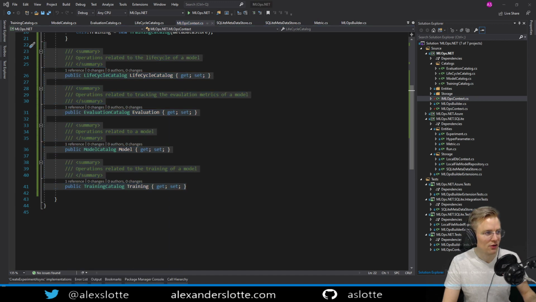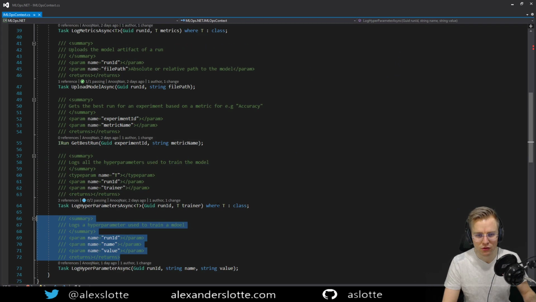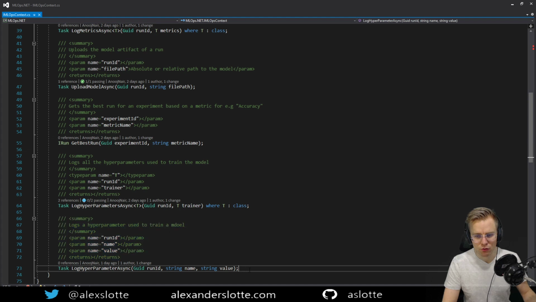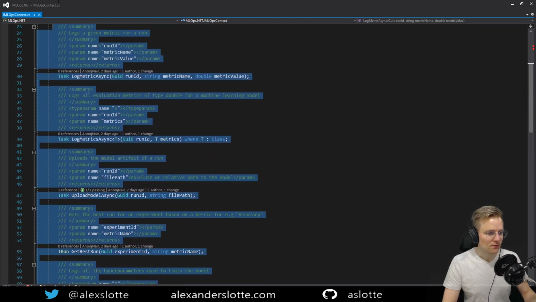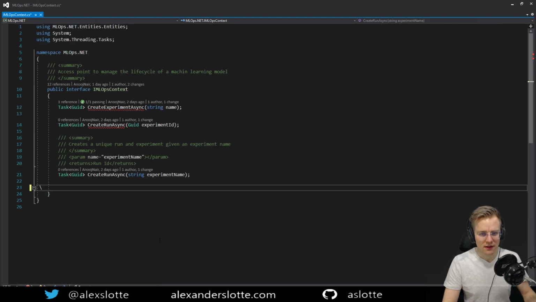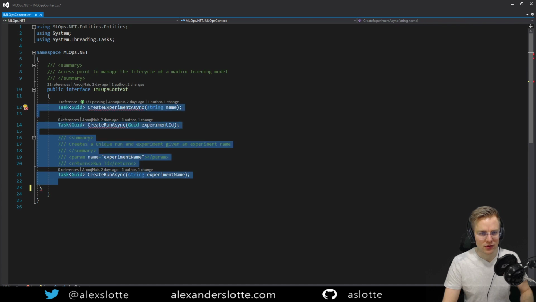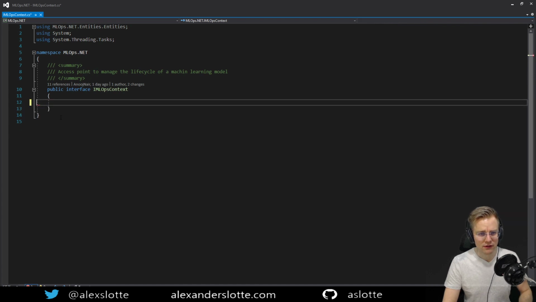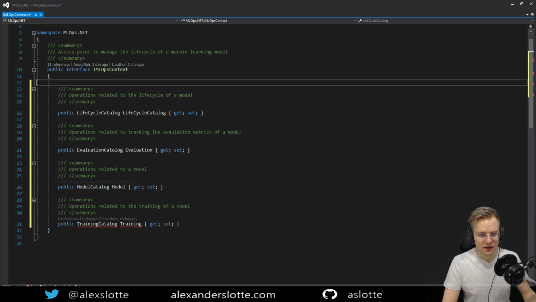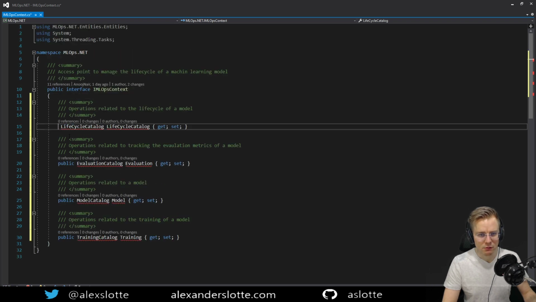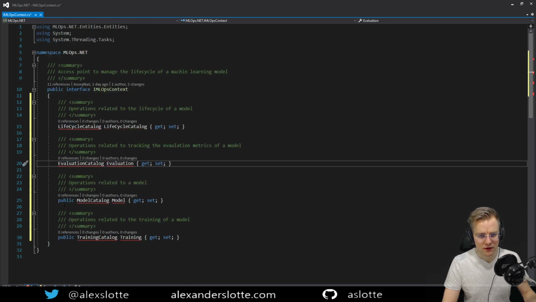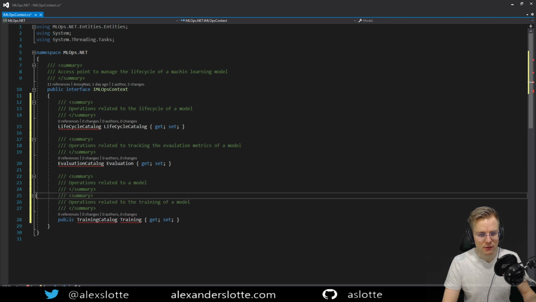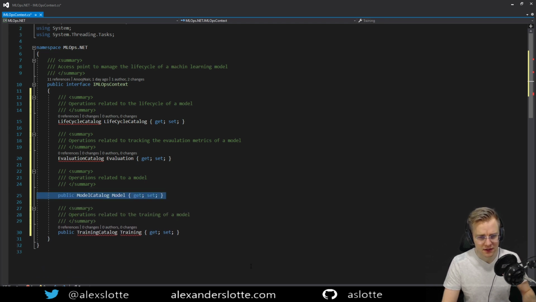Let me bring that into sight for you guys, because this is going to be useful. Go ahead and remove all existing methods here, because they're no longer needed. And we'll add the ones that we care about here. In our case, we only care about properties. Like that. And they don't need to be public anymore, because this is an interface. It's public by default. Nice.